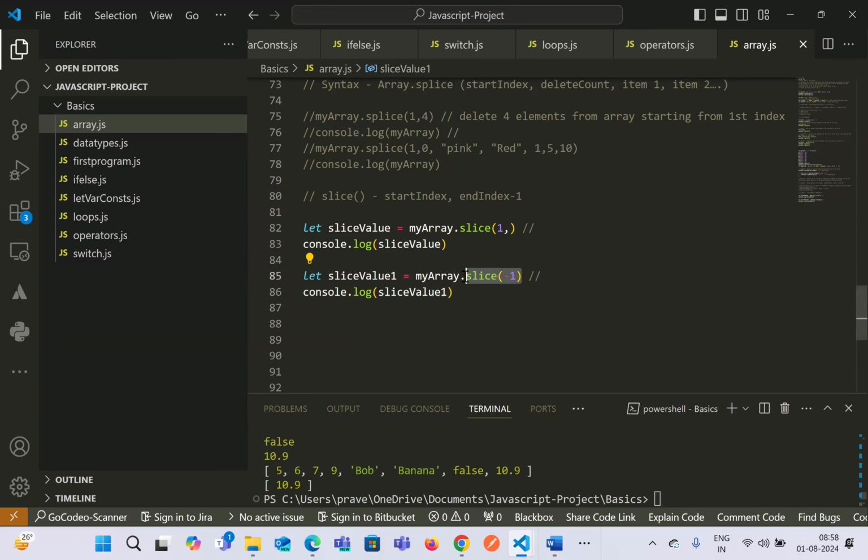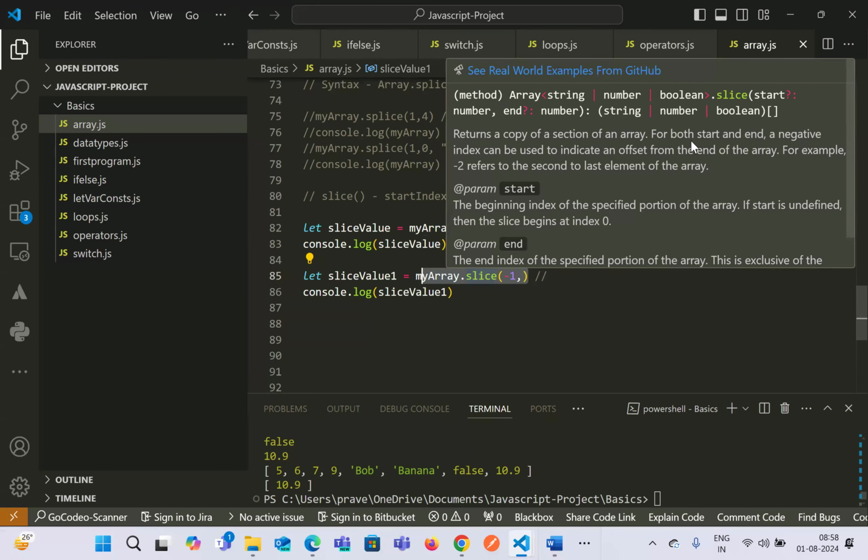Okay, so this says that we have gone in a wrong way. This says that we are just trying to print one value, which is -1. Whenever you give this kind of thing, it will try to print the last value of the array. Okay, so let's go through once again. So it says that